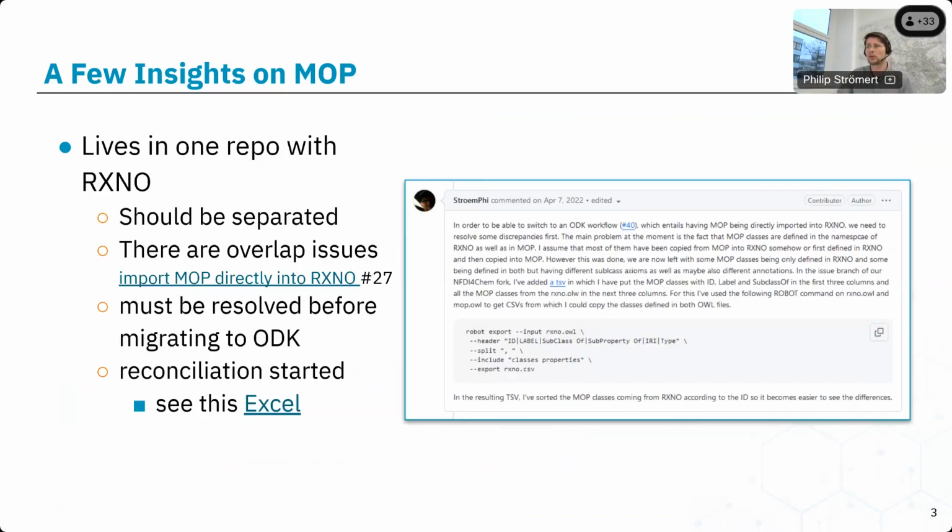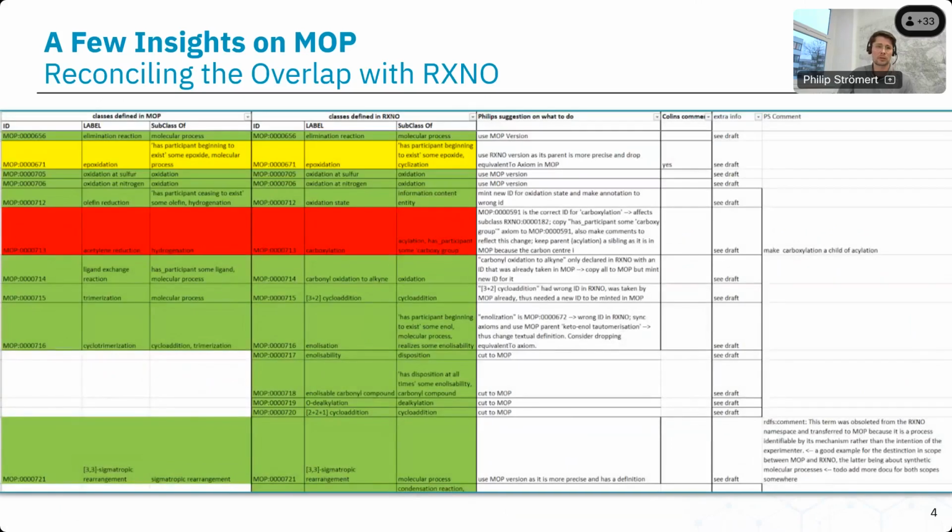Unfortunately, I think 2 years ago already, I started looking into this and solving this together with a migration to ODK, but this has to be done before we can migrate Rxno and MOP to ODK. So I started doing this in an Excel file together with Colin Batchelor, the development maintainer of both of these ontologies. Here just a brief glimpse.